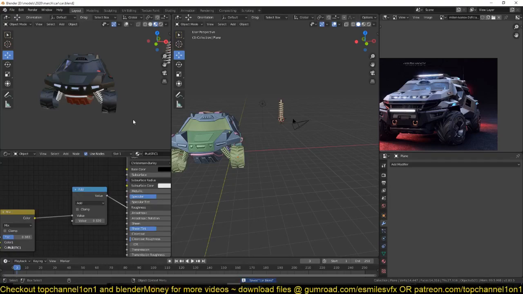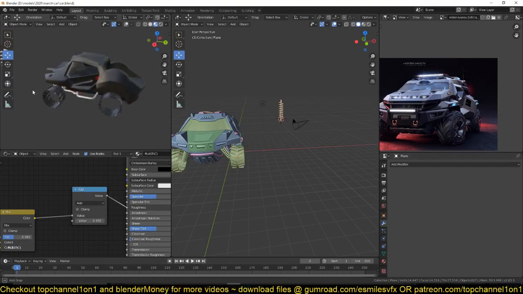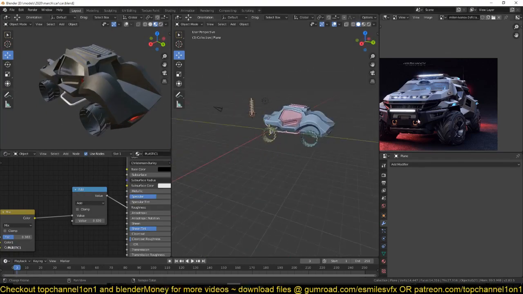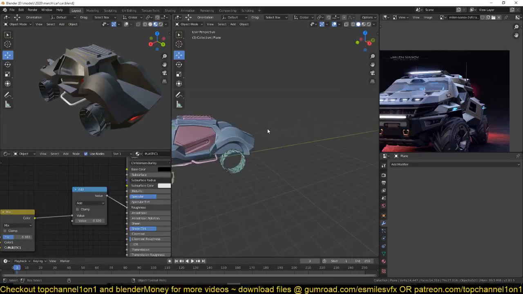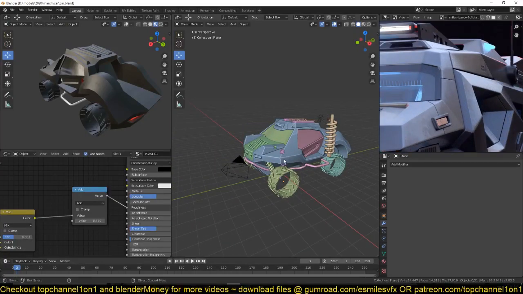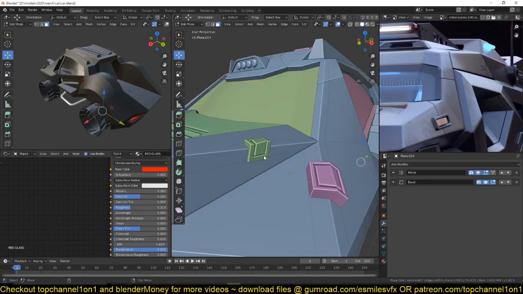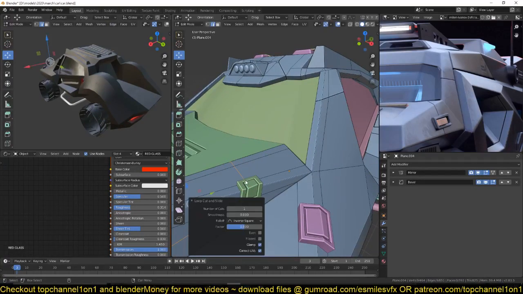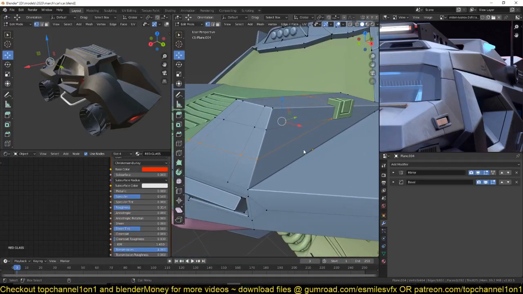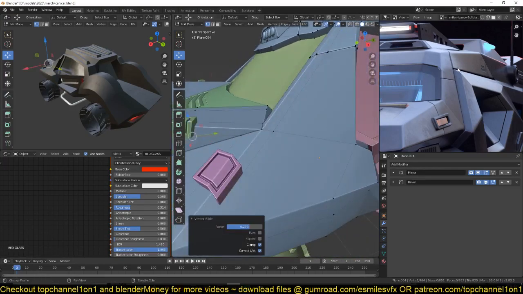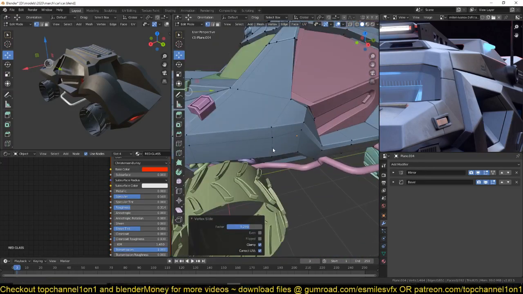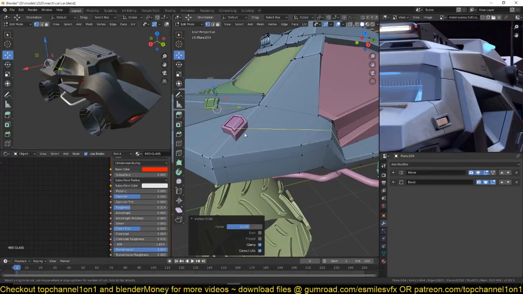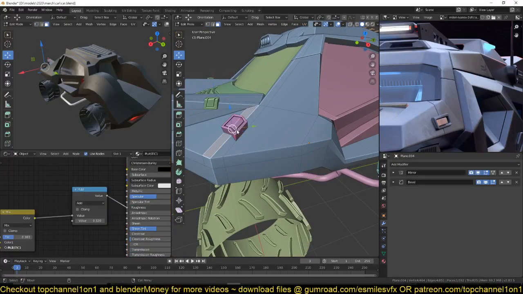And maybe they will be scaled up. And like on this here, I'm also going to add, let me first get rid of these. Also going to add these seams here. So let's select